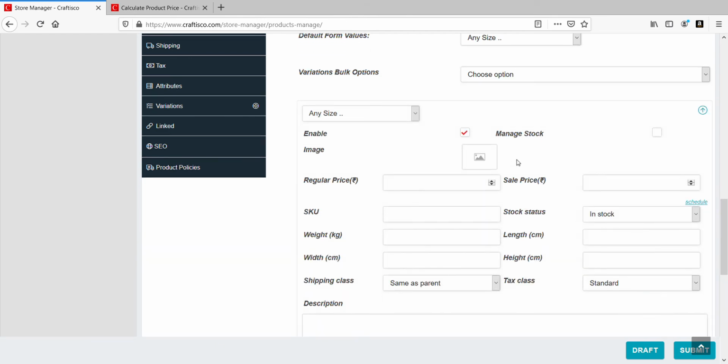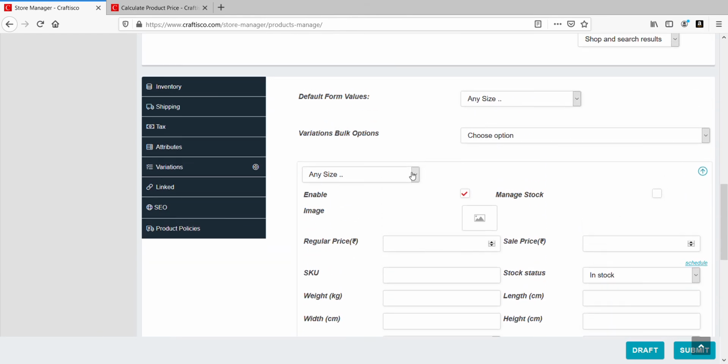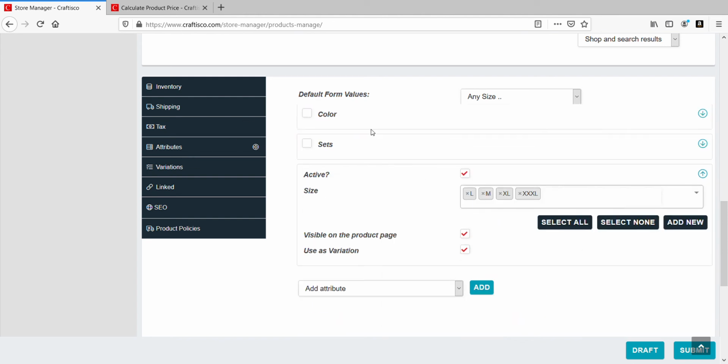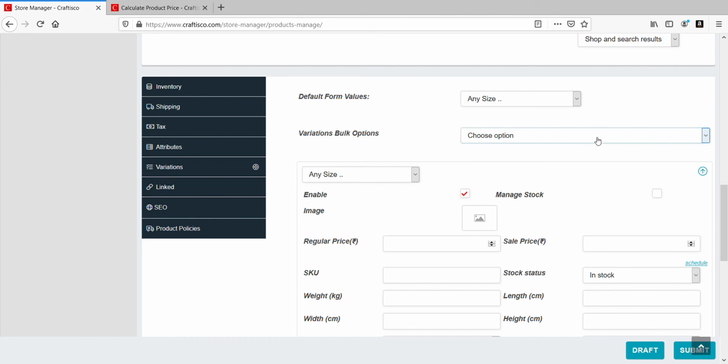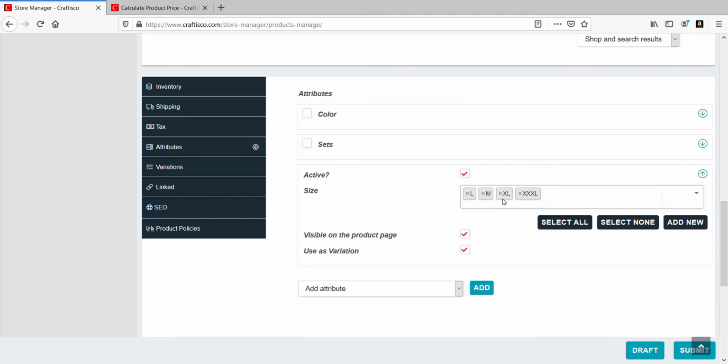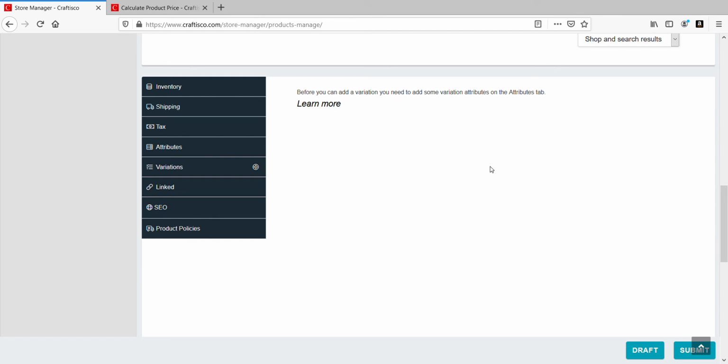Now once you've added the attributes, go to the variations, right? And this is where you're actually going to create the variations and add the price. So here you have added your attributes. Now here you go to the variations. Now in variations, choose create variations from all attributes. That means all attributes is nothing but your large, medium, XL, triple XL, right? So your variations would be all.